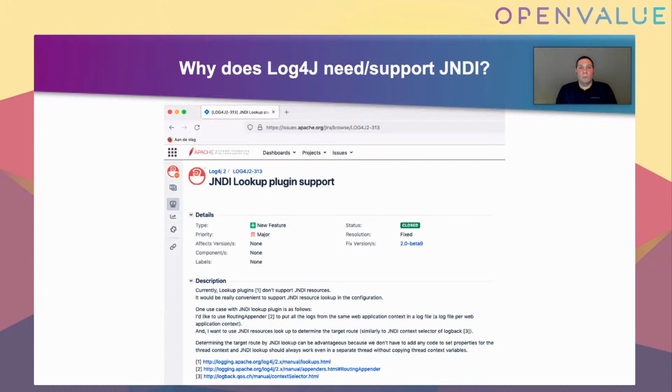So why does a logging library need or support JNDI? This goes back to a Log4j issue from 2013, where somebody requested that it would be convenient to have a lookup for JNDI resources in Log4j. So why does a logging library need JNDI lookups? Well, you can, for example, think that it might be handy to have centralized